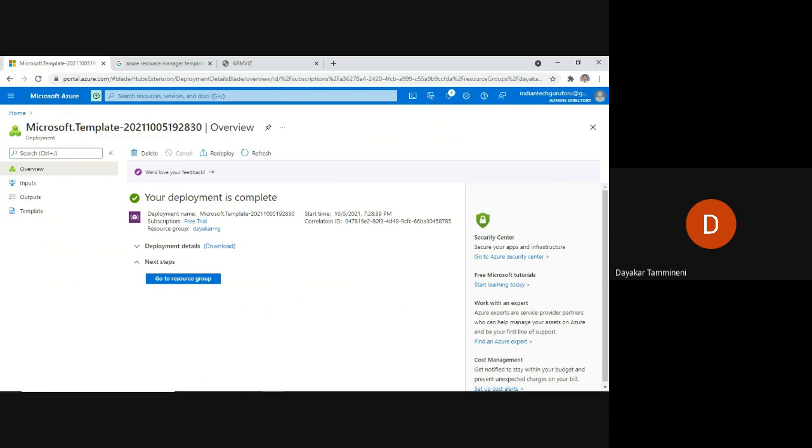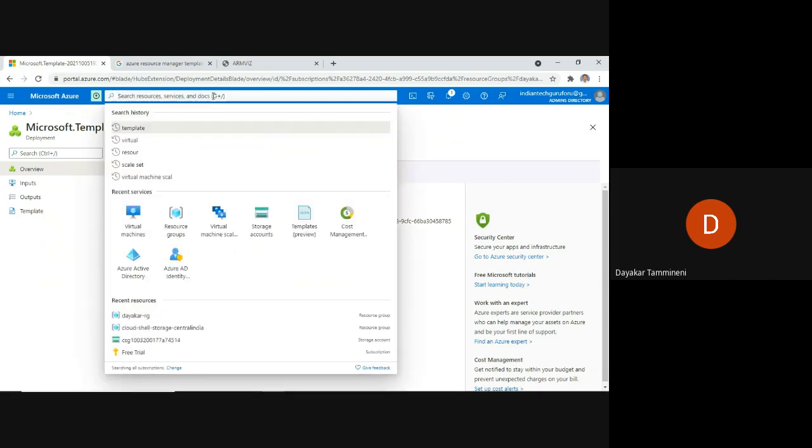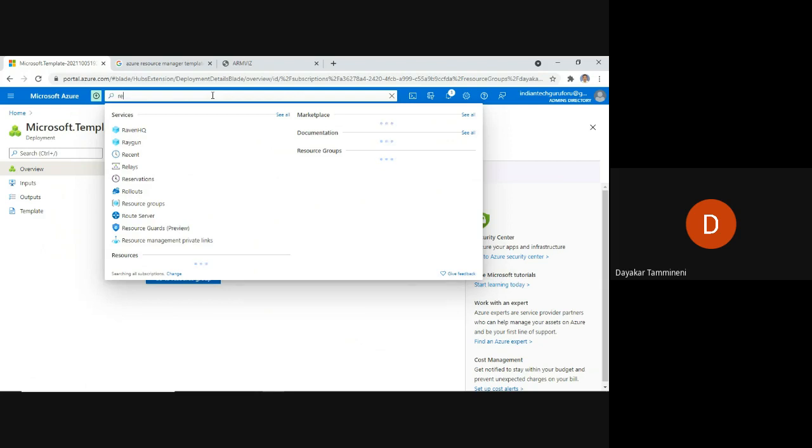If I see the resource groups, just go for the resource groups. Click on resource groups.